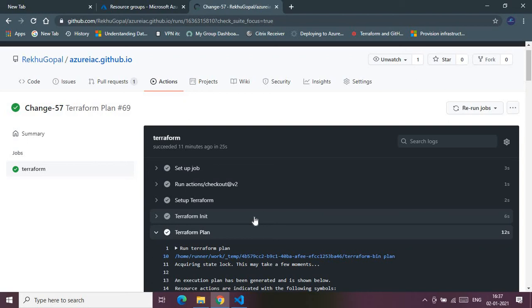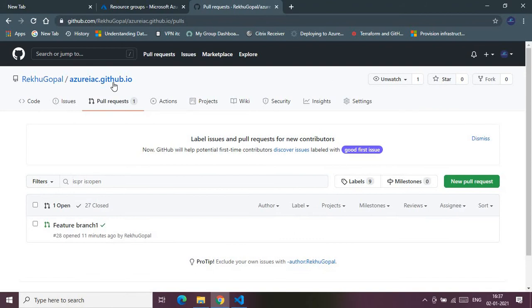Especially we want web app creation. So to store the web app we need an RG. So one resource inside the RG we need, and since we are creating a web app, we should be having a web app service plan, right? And that service plan will be used by the web app. So henceforth the three resources are being created.